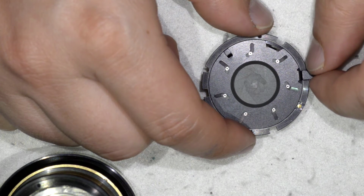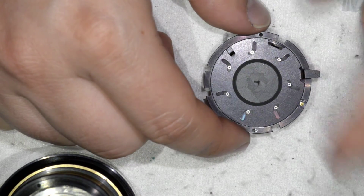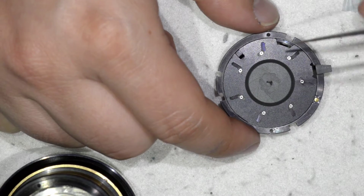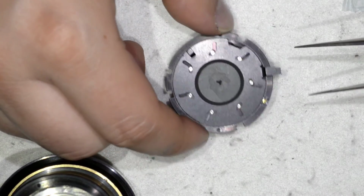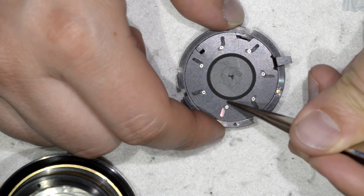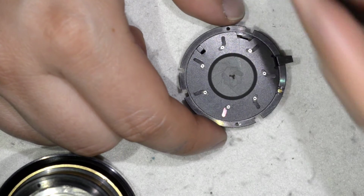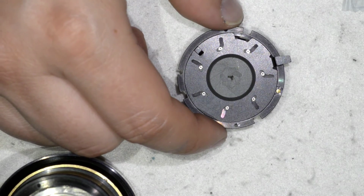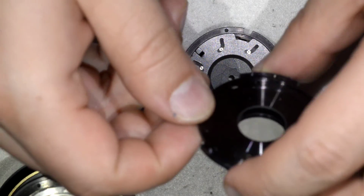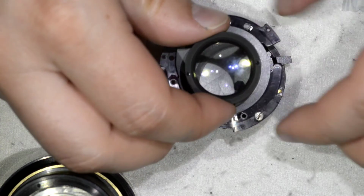As you can see, they all follow the motion of the cam, and then we were lucky, we got it in the right position the first shot. And then, as I told you, the most important thing is to assemble the blades in a counterclockwise sense from your point of view. Okay, now we're going to put this thing here, which is the...